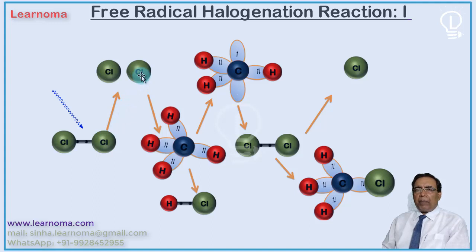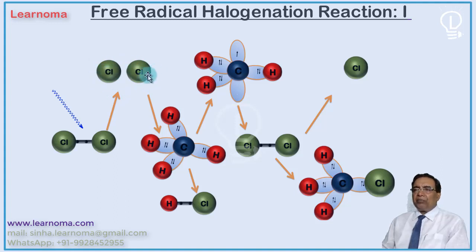How are the radicals formed? When ultraviolet light reacts with the chlorine, the energy of the light transmits to the chlorine and increases the bond vibration, and ultimately the bond will dissociate, provided the energy of light is greater than the bond dissociation energy. Here, in the case of ultraviolet light, the quanta of ultraviolet light have sufficient energy to dissociate the chlorine molecule, and when it dissociates, we get the radicals.